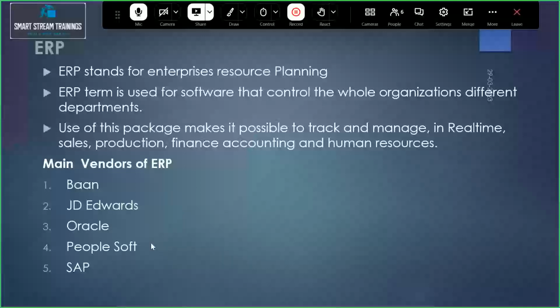Those solutions are applicable only for limited, not complex designs, like the business scenarios we just discussed. They are suitable for small range companies, which can choose Baan, JD Edwards, Oracle, and PeopleSoft. SAP is used by large scale industries.